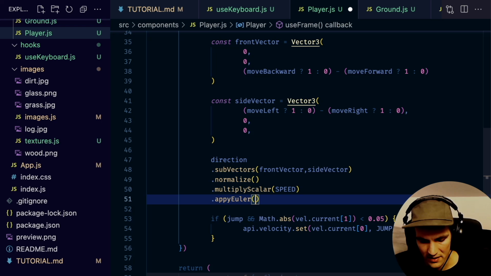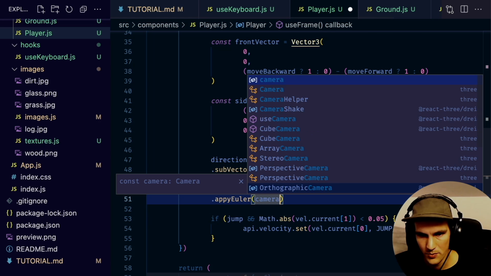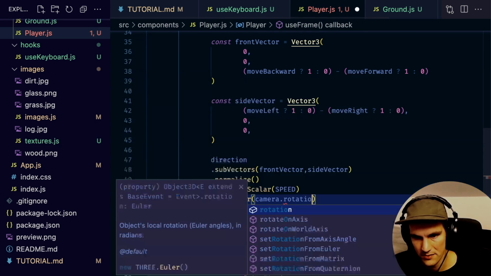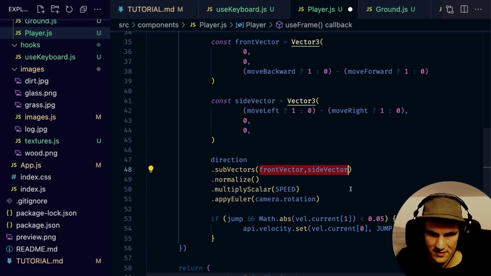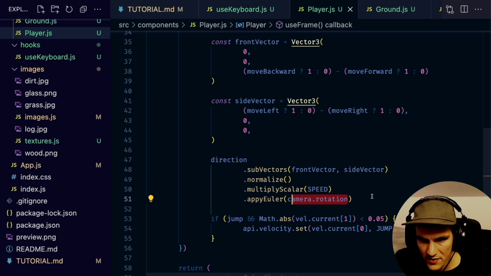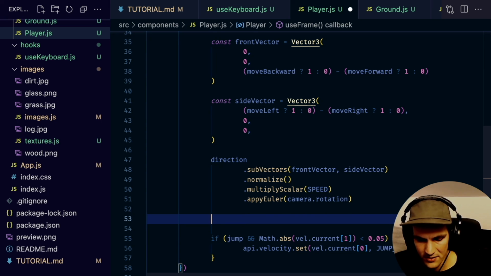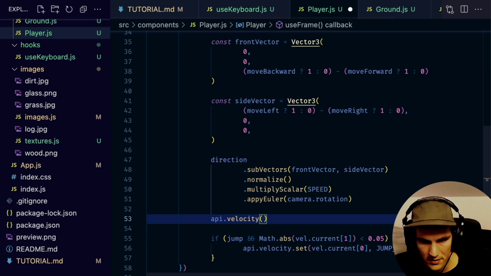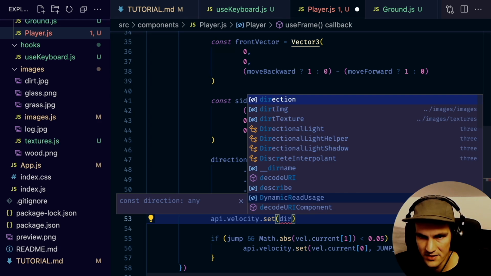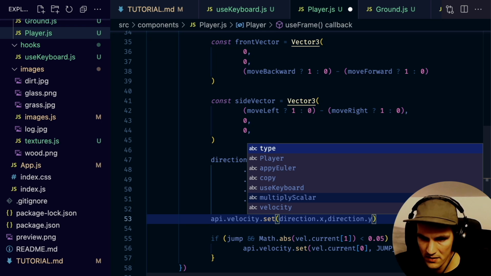And this is where we get the correct facing direction from the camera. So we have a reference to the camera and its rotation. So this is where we make sure that the front and side vectors are correct in relation to the camera. So now we can take this direction vector and apply it to the sphere. So API.velocity.set, and then we do the direction.x, direction.y, and